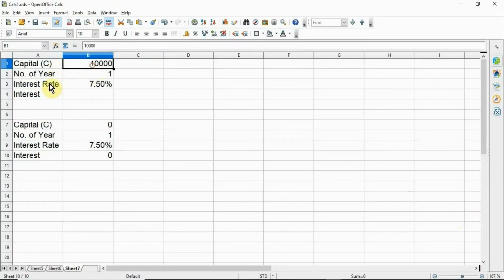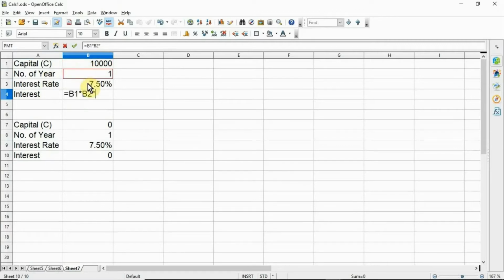Firstly, here capital is 10,000, number of years 1, interest rate 7.5%, and find the interest. Type the formula here: equals capital B1 into number of years B2 into interest rate B3.